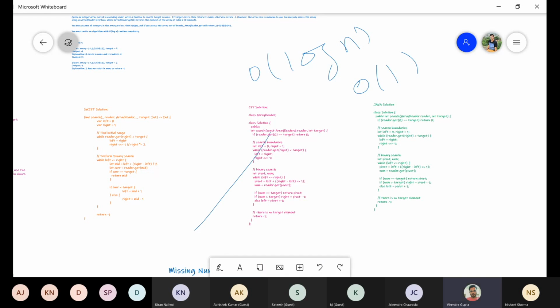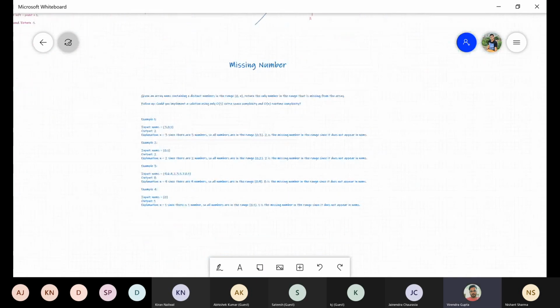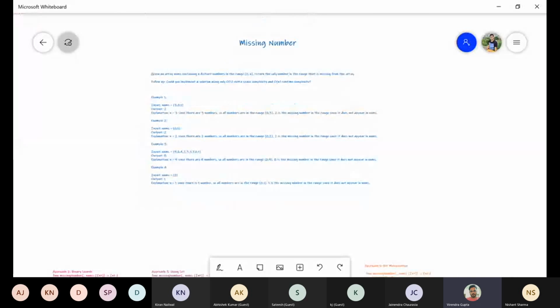So the only different thing we are doing apart from the binary search is finding the range. That's the only change. And the logic we are applying for finding the range should be in order of log n time only. And this multiply by 2, you are replacing with shift operators for the time limit.